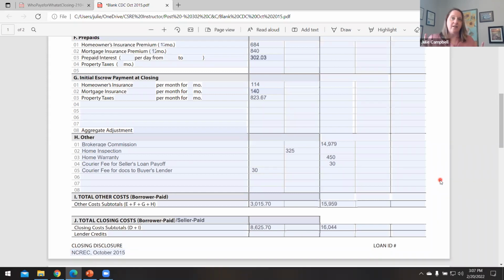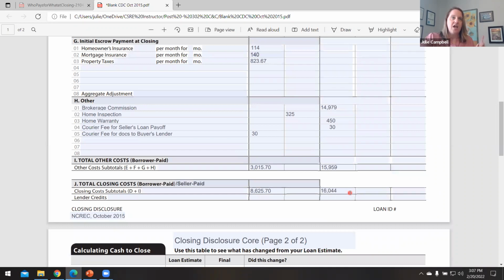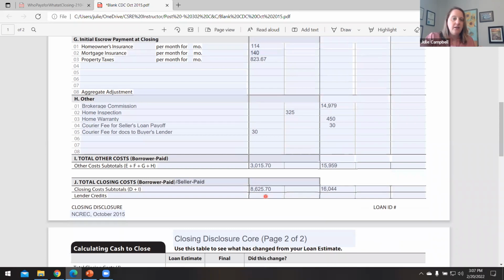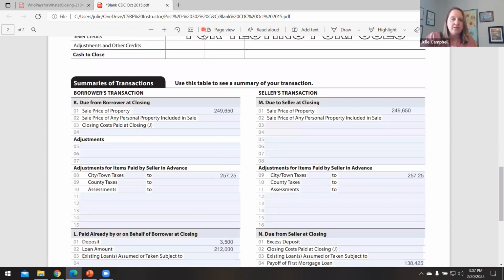The very next thing that I like to do, while it's still fresh in my mind, is take these J items and put them where they go on page 2. So we're going to take the buyer's J and the seller's J. The buyer's J, all of their debits is this box K. And within all of their debits, it includes K3, which says closing costs paid at closing,